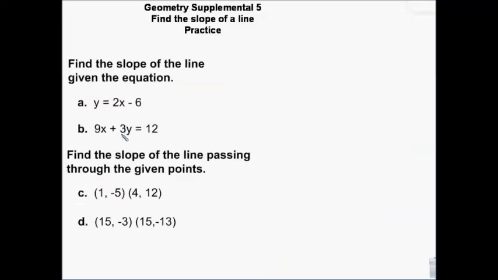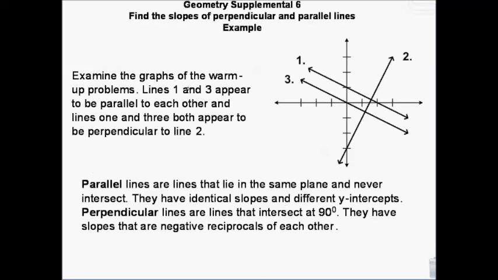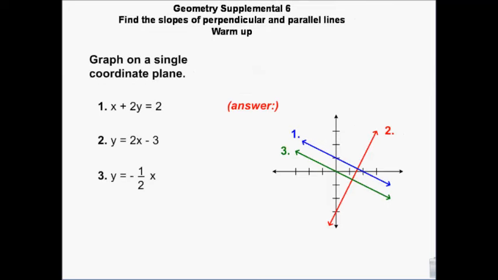This one, already in the right format, you just need to identify which number is the slope. This one you'll need to rearrange. And these will use the slope formula. So if you look at these, lines 1 and 3 look parallel to each other, and line 2 looks to be perpendicular. Okay, if I come back to these graphs,